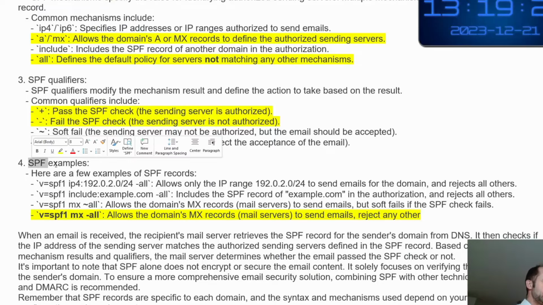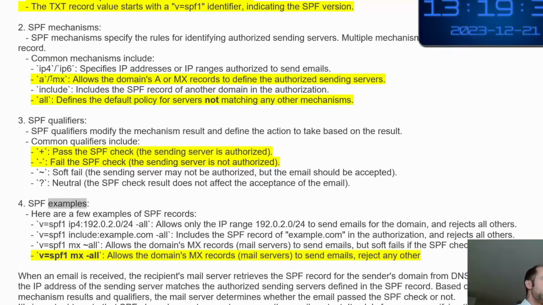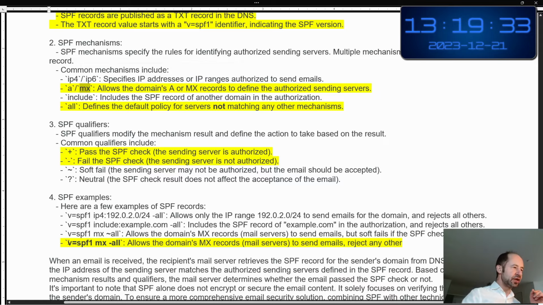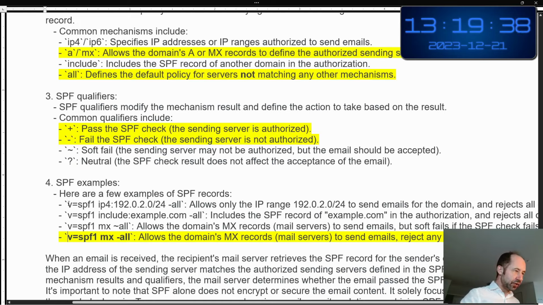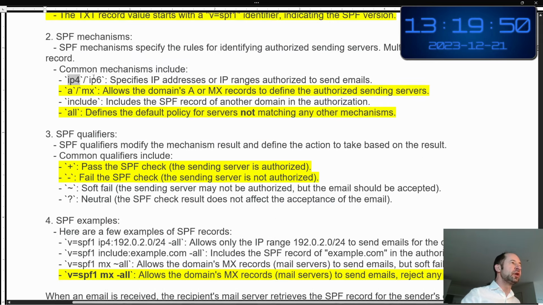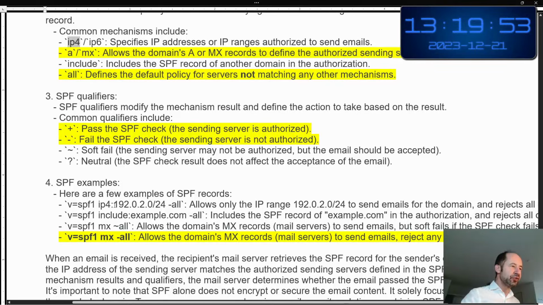And here are some SPF examples where we can in fact combine different entries. So here is the line that is interesting. You see, we can view together v=spf1. Then I indicate the ip4 because ip4 is one of the SPF mechanisms. ip4, then this is the IP with the mask, and then -all. And then I want to reject all the others.